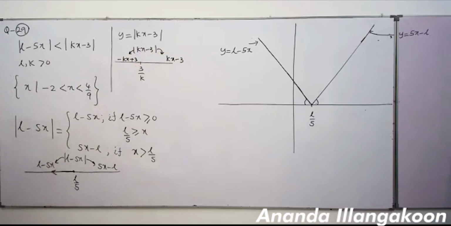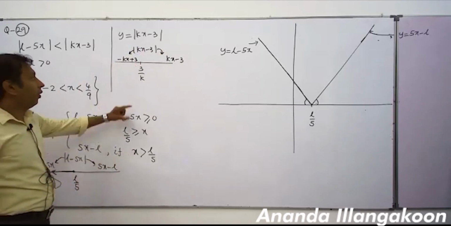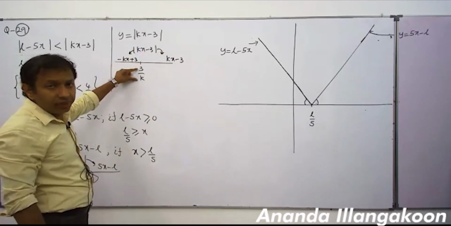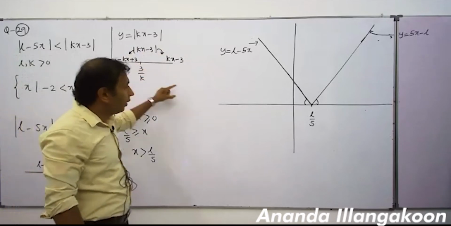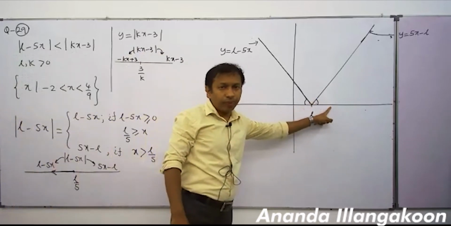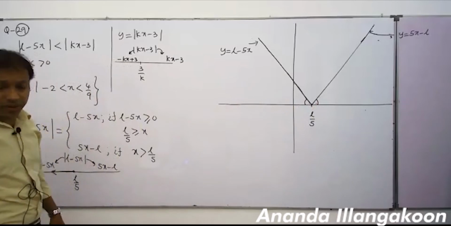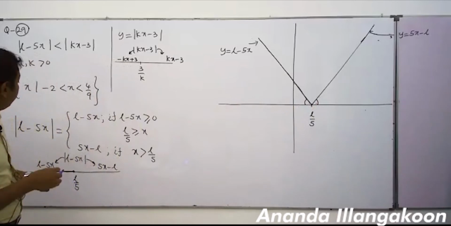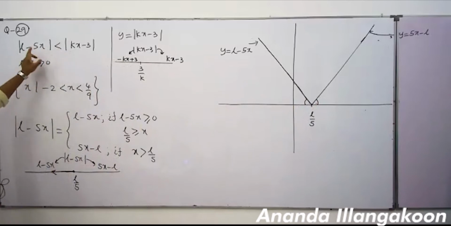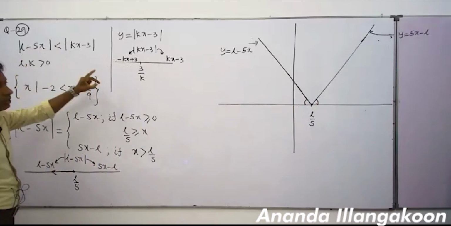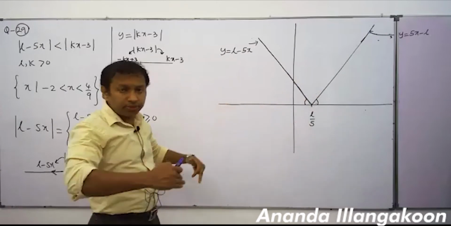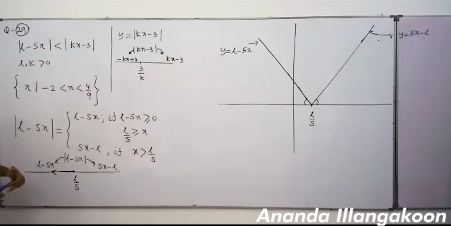Now there is an issue. How, people, to find this 3 by k? Whether we take this 3 by k on the right of L by 5 or on the left of L by 5, that we don't know. For that only, we use this thing given. L minus 5x modulus, that means this graph lies below